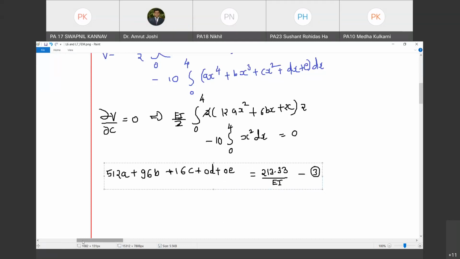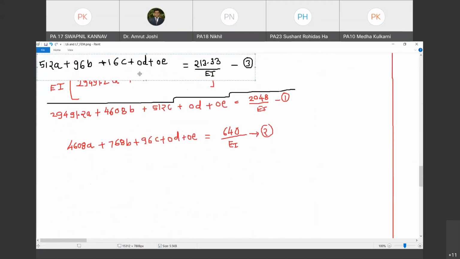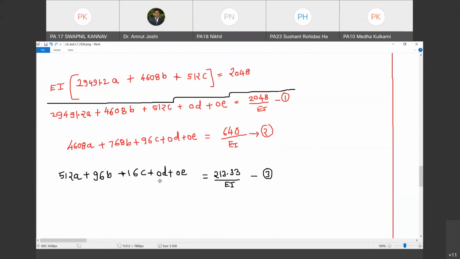Yeah, so let us take this equation down there. So this is the third equation that I have got. Happy? Now, जरा यहाँ पे ध्यान दो. Though we have 5 equations to be formed, the first 3 equations do not involve D and E. So it is as good as you are going to have 3 equations with 3 unknowns. So can we solve these 3 equations straight away? Tell me.